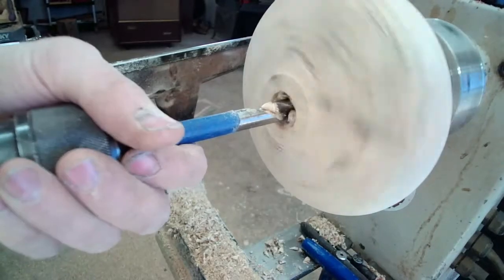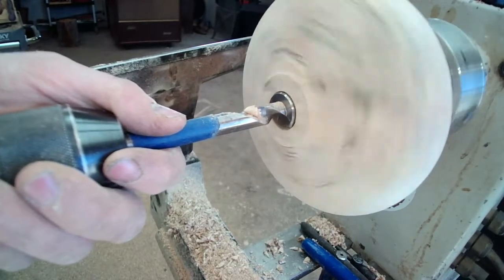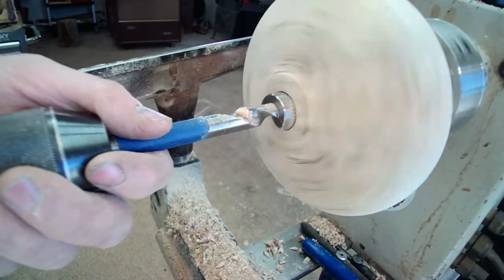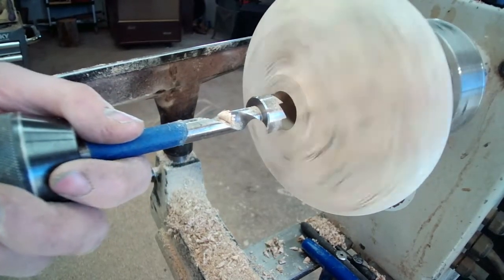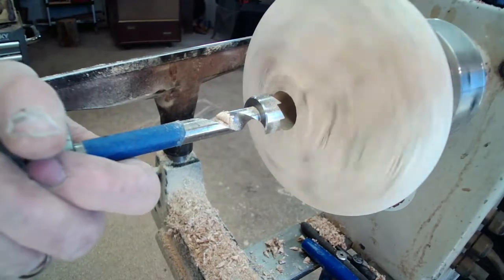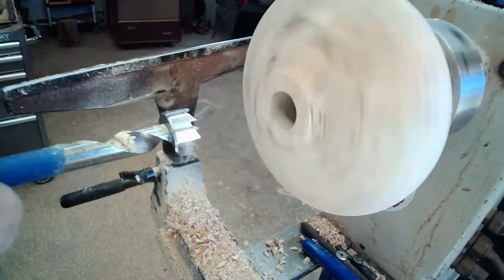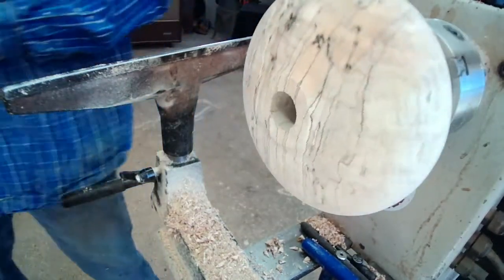Again, low speed on your spindle and just a medium to heavy feed. You'll feel it starting to cut, and just let it cut itself, and keep feeding it nice and keep pressure on it. You don't want to just rub it. So there we go. And it didn't come